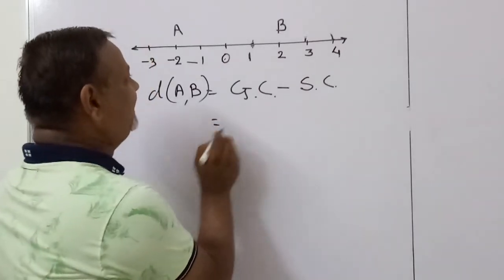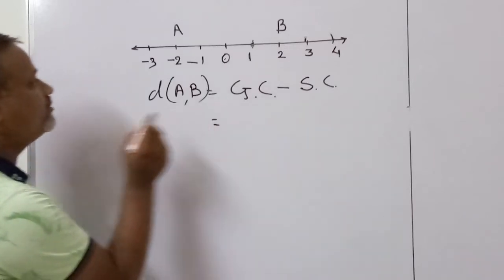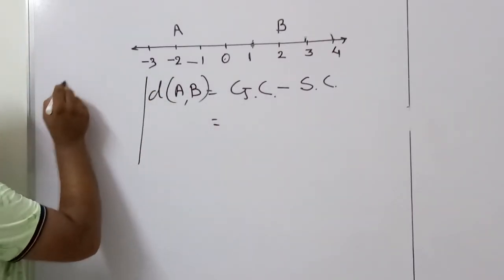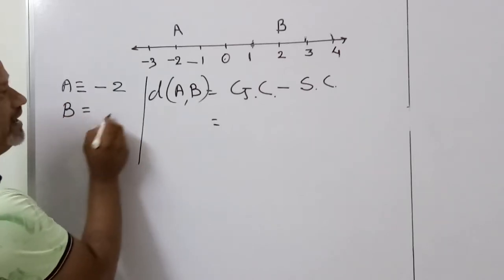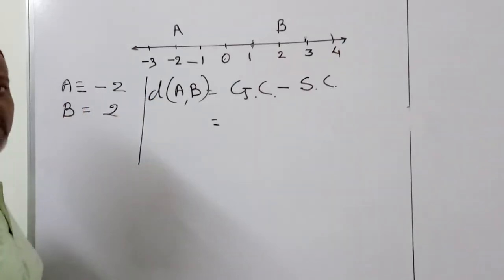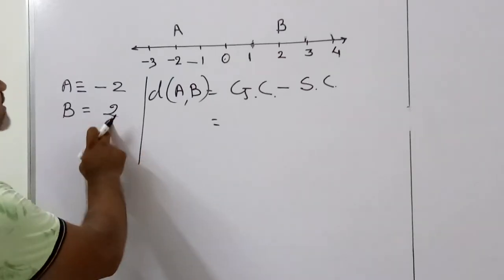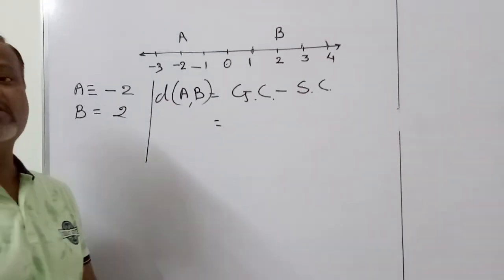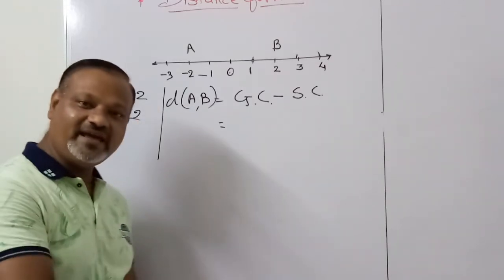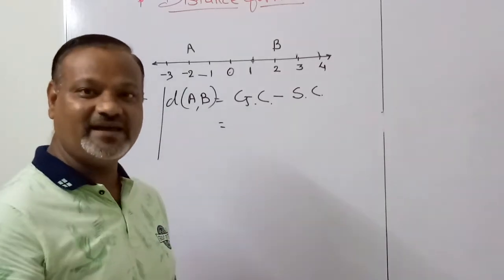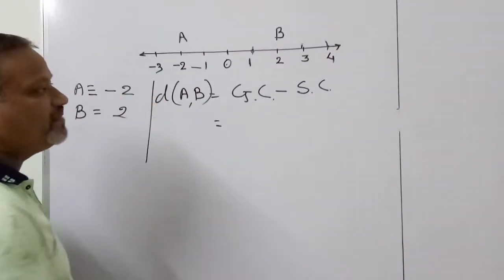Now here the greater coordinate. Now A having the coordinate. A का coordinate क्या मिल गया आपको? A का coordinate हो गया है यहाँ पे -2 and B का coordinate हो गया यहाँ पे +2. You know that -2 is lesser than +2. It means 2 is greater and -2 is smaller because it lies on the left side. जो left side में है वो smaller है और जो right side में है वो larger है, greater है. So naturally 2 is greater than -2.